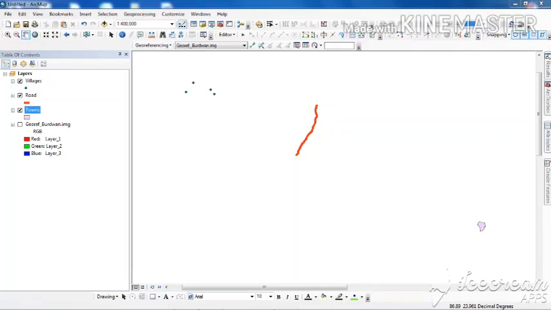Now after the digitization, how you will have to write this particular practical in your notebook. The aim of this study will be digitization of point, line and polygon features using ArcGIS software. In the next, you will have to write software used, ArcGIS, study area, parts of Bardhaman, Birbhum districts in West Bengal and parts of Jharkhand. That you will have to write in study area.